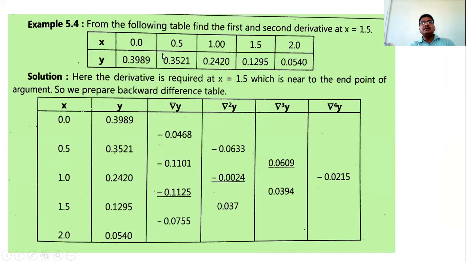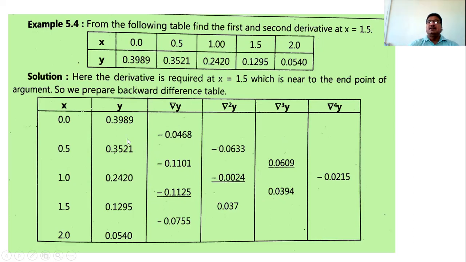Similarly, if the point is given in the table and it is at the beginning of the table, suppose we have to find the first order and second order derivative at 0.5, then consider this 0.5 as the first point. So this is x naught, this is y naught, this is delta y naught. Actually we have to use the forward difference table: delta y naught, delta square y naught, this is delta cube y naught. In the next lecture we will see such a type of